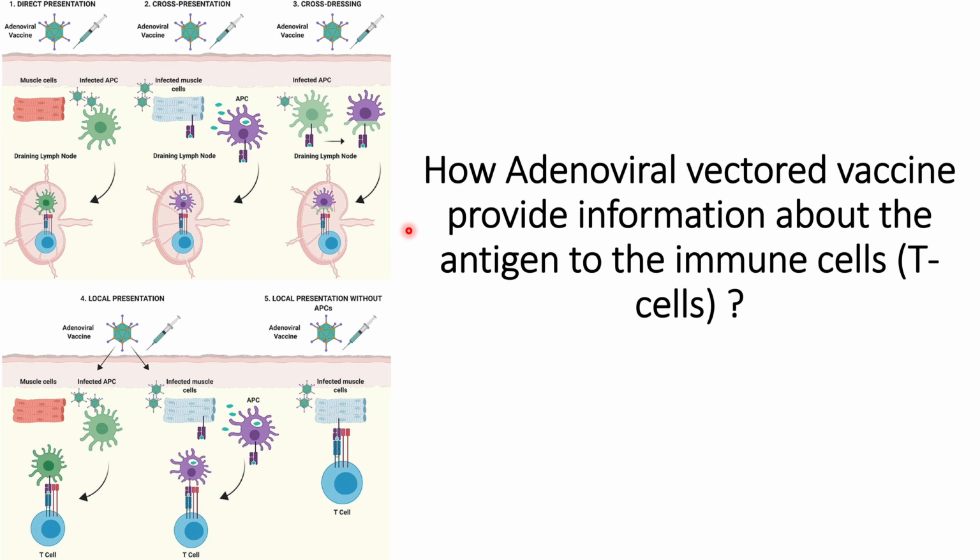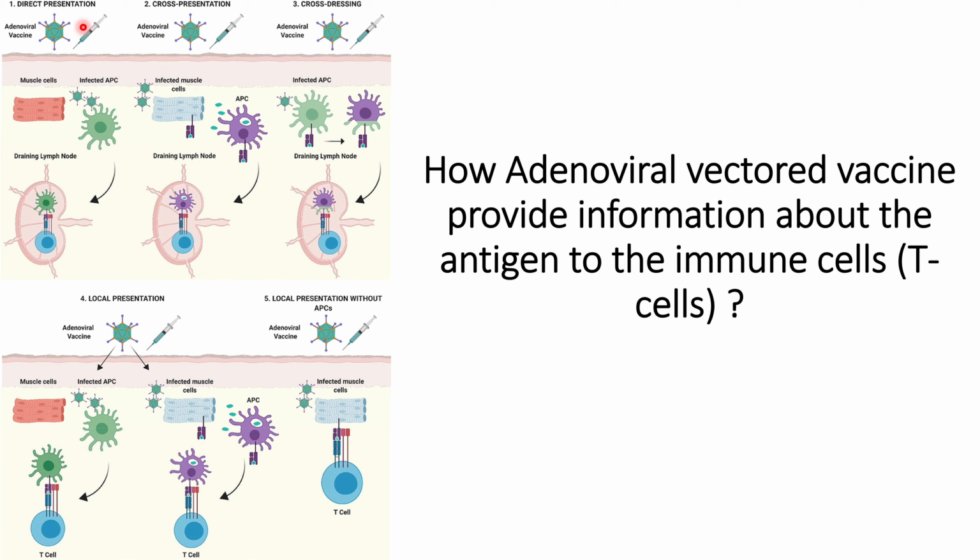In this video, we will discuss how the vaccines that are made up of Adeno Associated virus help in providing information about the antigens to the immune cells or the T cells. There are 5 different ways that are presented in this figure. We will go through all of them one by one. So we will start with this first